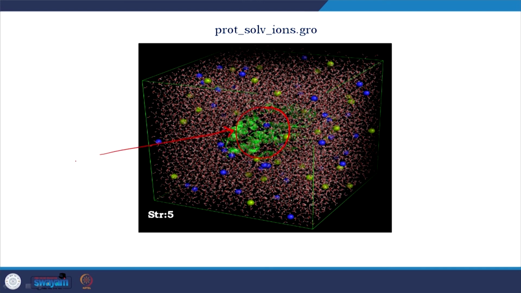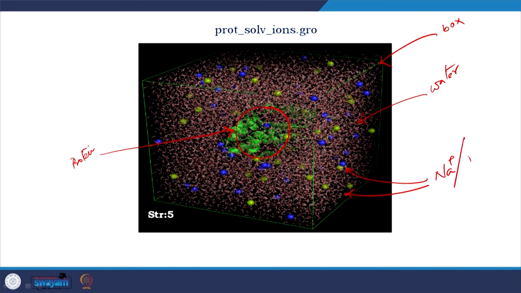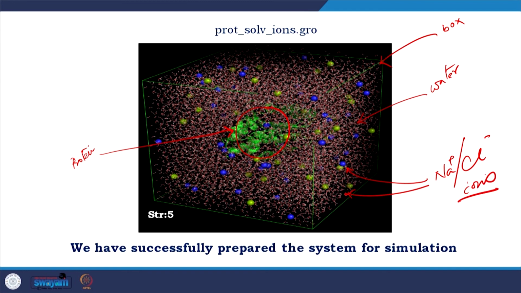If you look at this file, it has the protein, this file has water, there is a box, there are ions. So, now we have successfully prepared the system for simulation. So, yes, we need the PDB file, but the PDB file has to be processed properly to come to